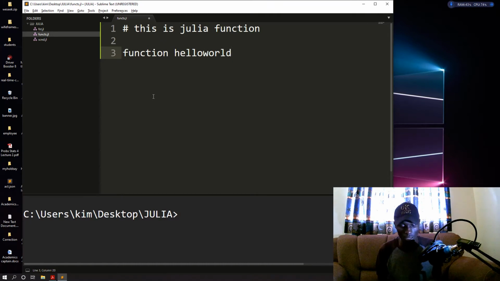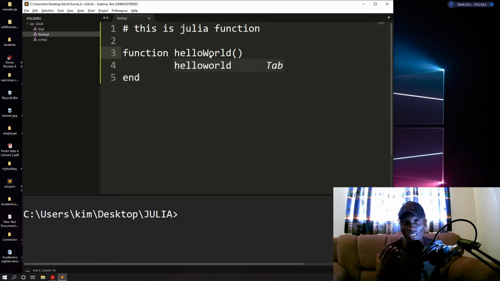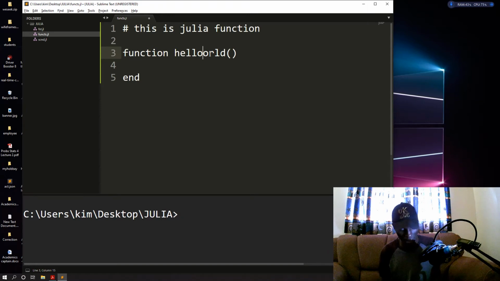world. Guys, I don't know if you still remember, but I mentioned this: in Julia, when you are naming functions, even if there are two words, you don't use camel case. It's just a standard convention, not something important. You just write them as hello world like that, because there are two words. Then you do tab println